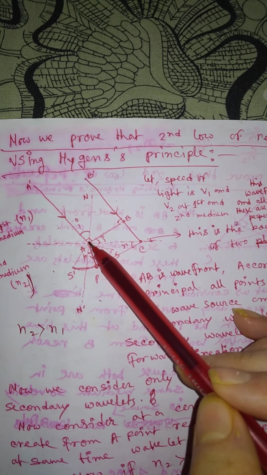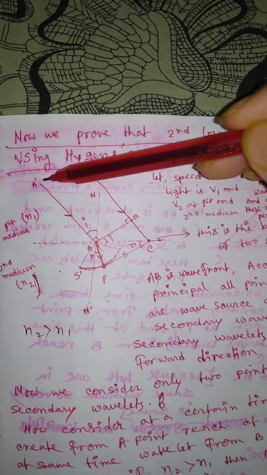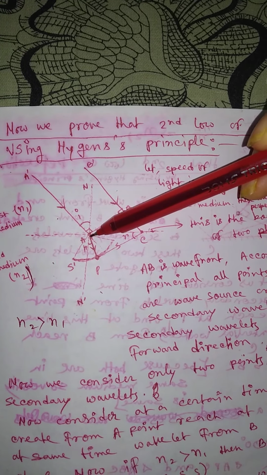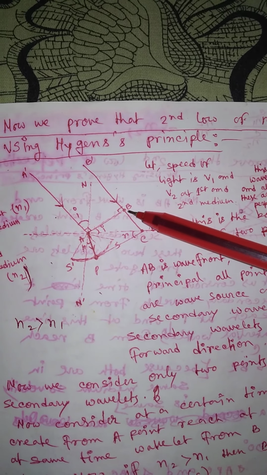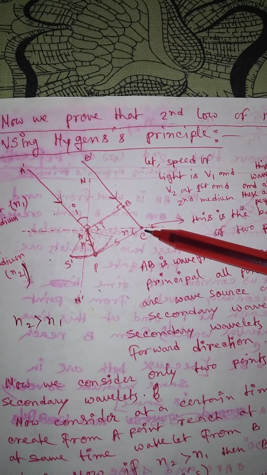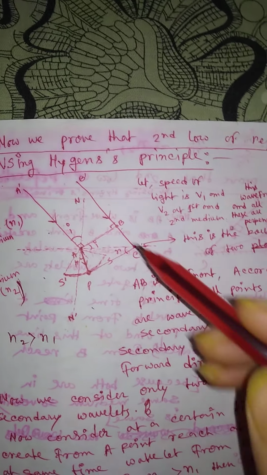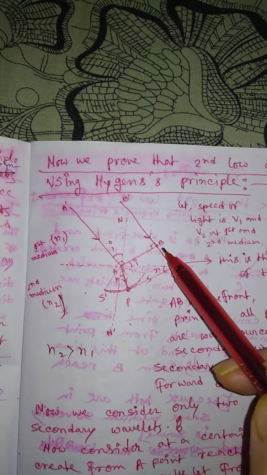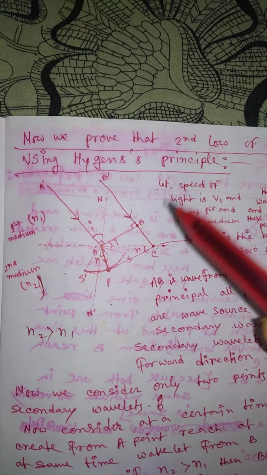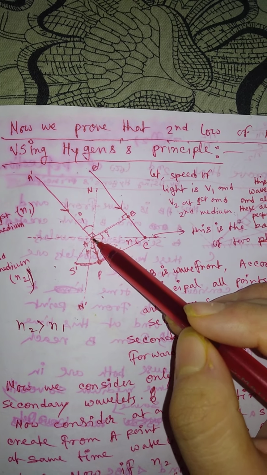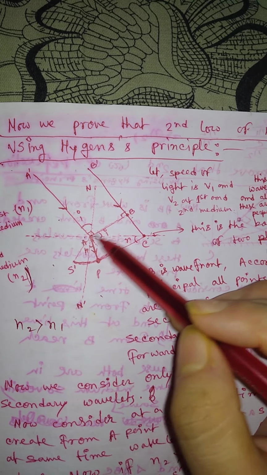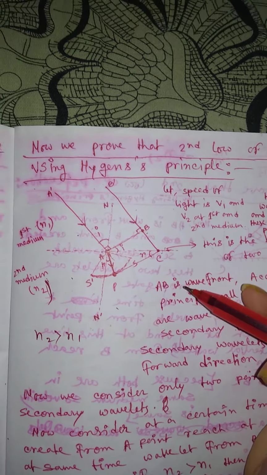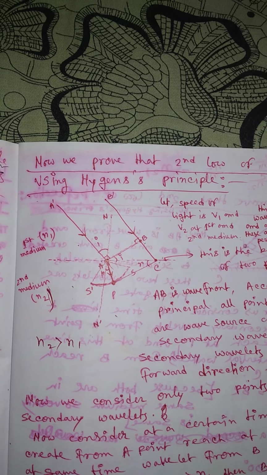Here I am assuming that light A dashed A is incident at the A point, and light B dashed B is incident at the C point. Just look at here, A dashed A and B dashed B are coming from the same light source, right? So that means AB is the wave front, right? That means these two points are in the same phase. Why is AB the wave front?